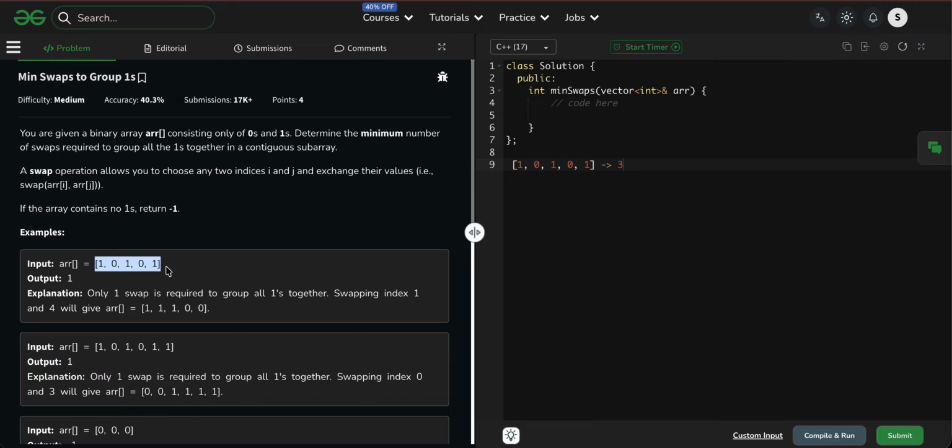So in the brute force approach, first count how many ones are present in the array, and let that count be k. Now we need to check every subarray window of size k.